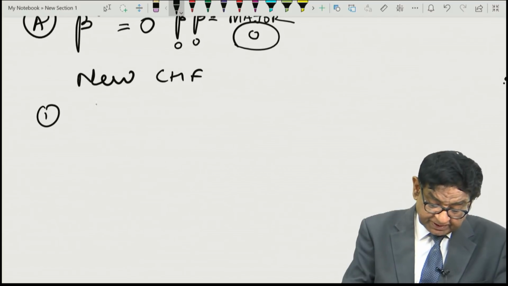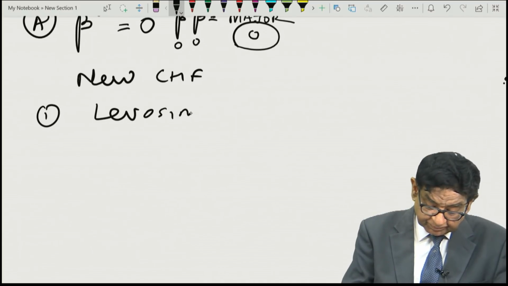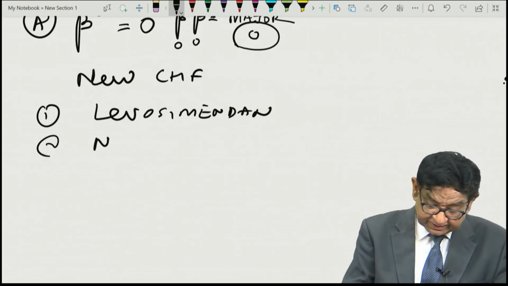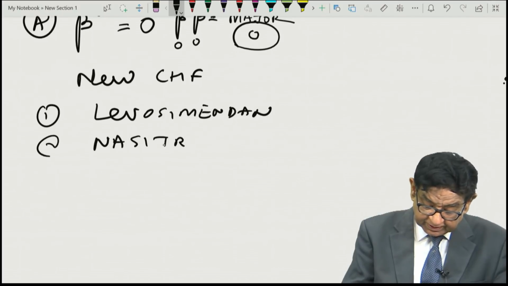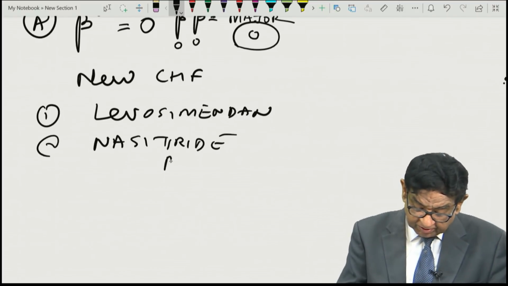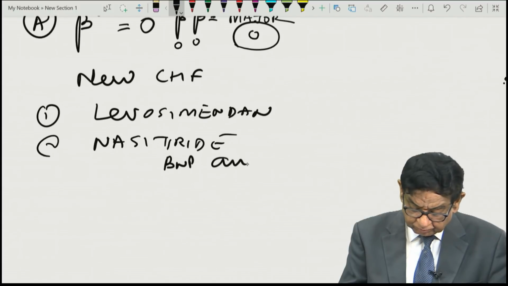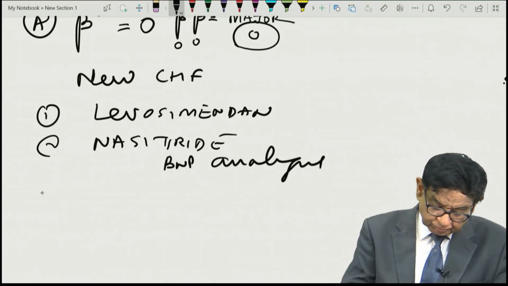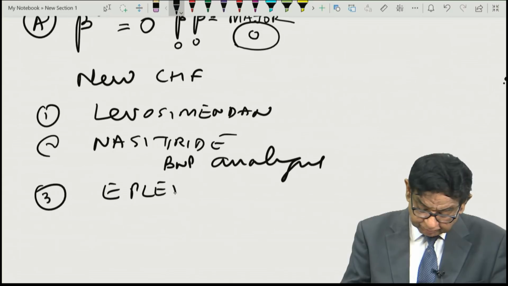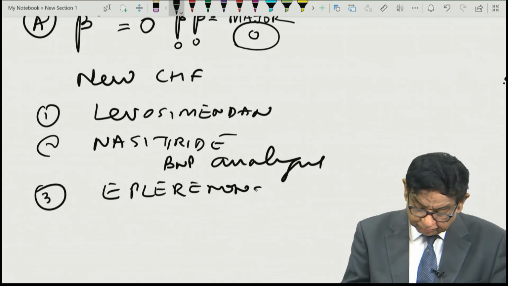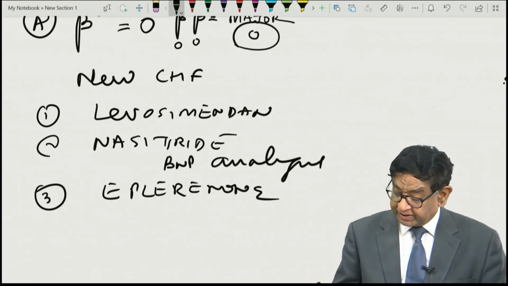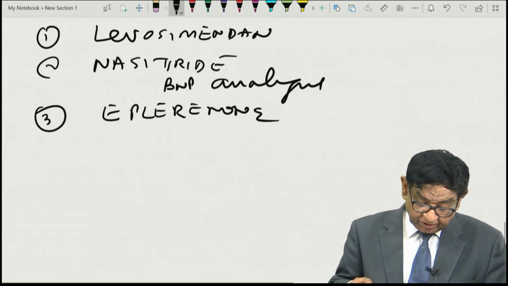levosimendan, nesiritide, this is a BNP analog, eplerenone, which is just like spironolactone, an aldosterone antagonist, but the advantage is it does not lead to gynecomastia. Eplerenone. Then we have